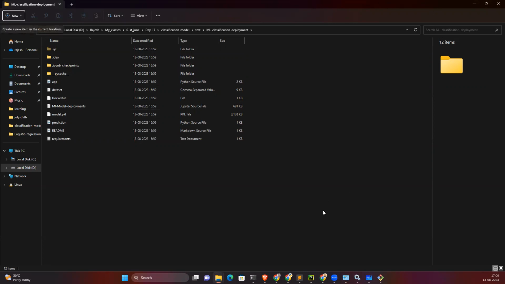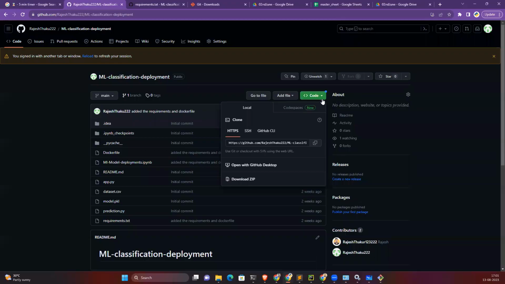Clone means others' projects. Let's suppose open source, many projects are there and you want to execute. Let's suppose my project you want to execute in your local system. So you have to clone my code, right? You can go to my repository and copy that repository URL, and clone it in your system so you can execute this code. Okay, in that case, pull we didn't learn. We have learned commit, push, and clone.